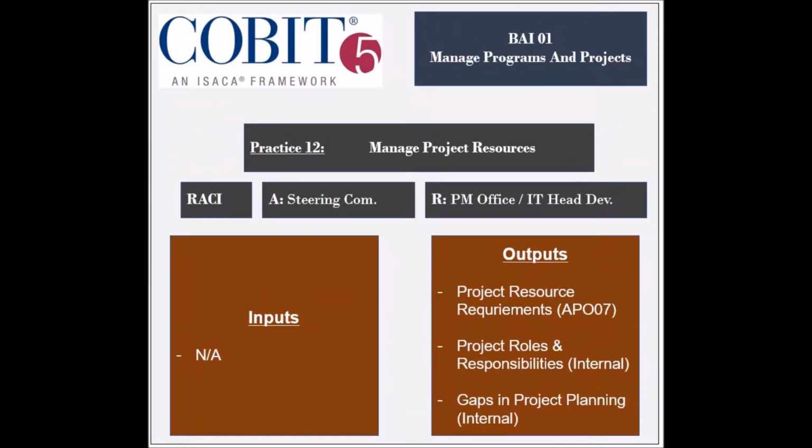The 12th practice is to manage the project resources and work packages. The entities that are responsible for this practice are the business process owners, the project management office, and the head of IT development. The entity that is held accountable is the program steering committee. The practice receives no inputs, but generates 3 outputs, which are the project resource requirements to be used by the BAI01 process, the project roles and responsibilities to be used internally, and the gaps in project planning to be used